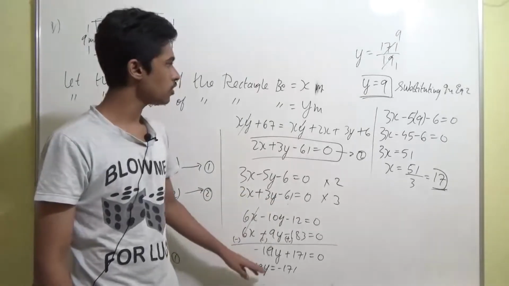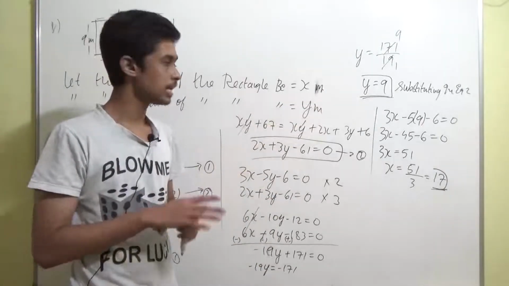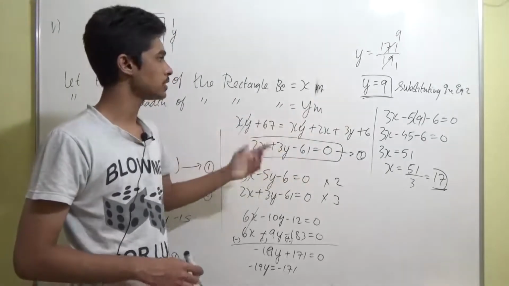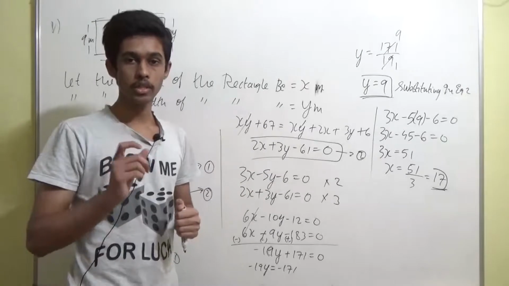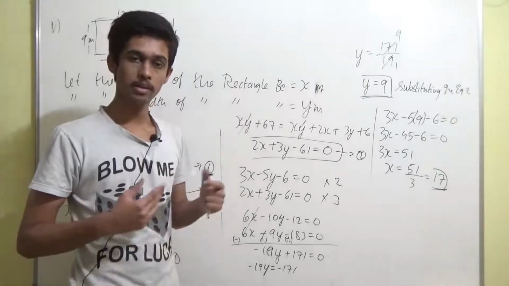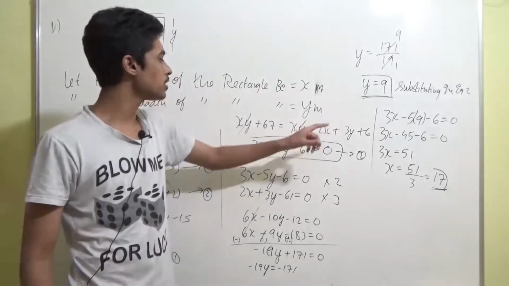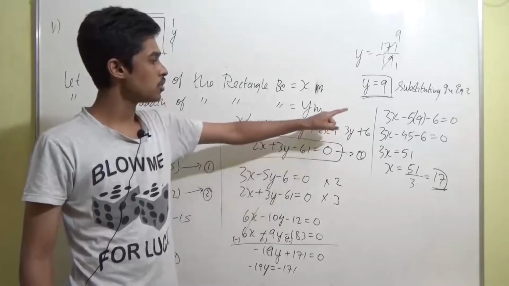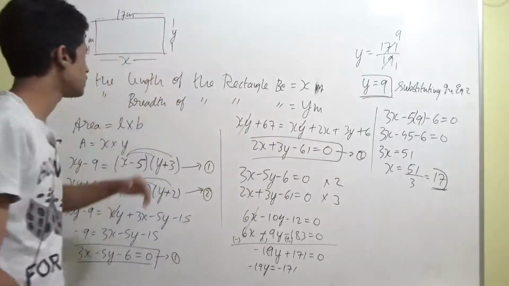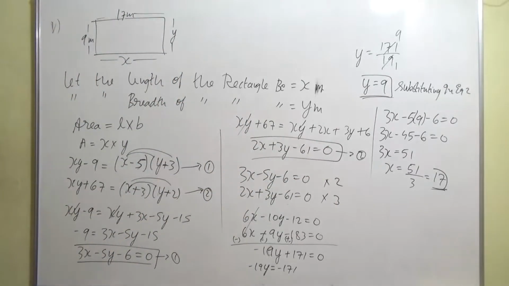And then we found the value of y first, which came out to be 9. And then what we did, we substituted the value of 9 in any of these two equations. Usually that's what happens, right? When you find the value of one variable, substituting that back into any of the two equations will give the value of the other variable. We substituted in equation 1 and then we got the value of x as well. x came out to be 17. Then we finally concluded that length is equal to 17 meters and breadth is equal to 9 meters. As simple as that, guys.